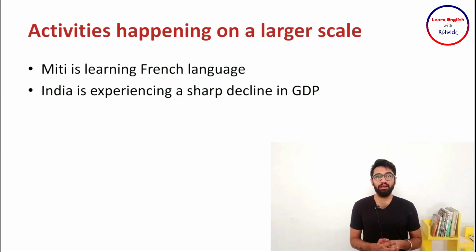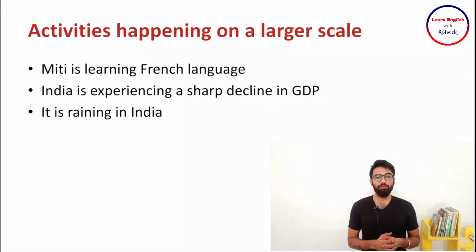Similarly, we may say that India is experiencing a sharp decline in GDP. So it's a long-term activity which started in the past and we may still experience it. Next, it says that it is raining in India. Now if I use this sentence during monsoon season, even though while speaking it is not raining, the sentence is right because we are talking about the continual events, all the events which are happening for a longer period